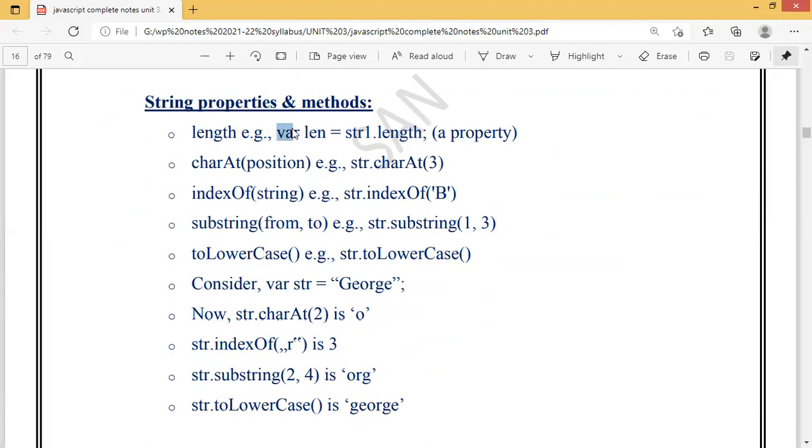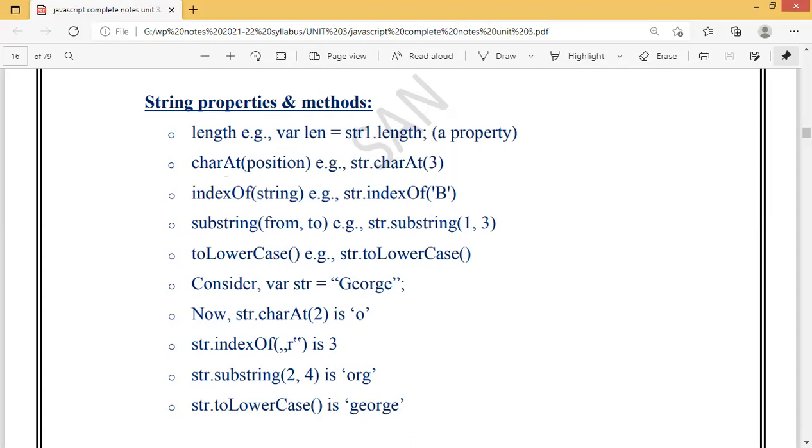Who will decide the type of len? The type of value you pass will decide the data type for the len variable. For len I am passing str1.length. Some value is there in str1, so the type of len will become string.